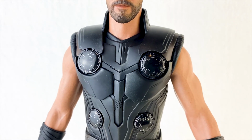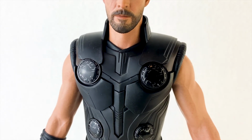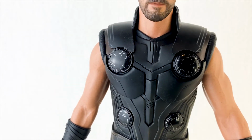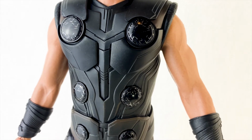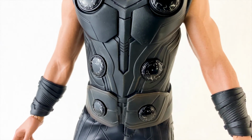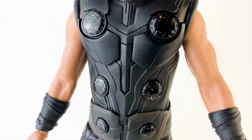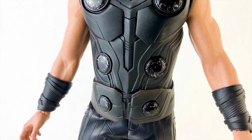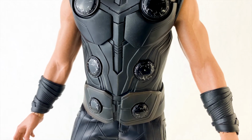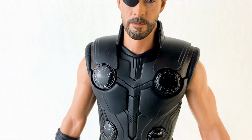In terms of the armor, I do think it is accurately depicted here. I am loving everything about the armor here. It is simple, but with a lot of texture and details here. Look at that. I'm not sure what it's called, but of course Thor always has those circles at his armor. I'm loving those scratches there. It looks a little bit battle torn. I do wish he came with a little bit more battle damage in terms of the armor here, a little bit more scratches and wear and all that. But still, I mean, it looks